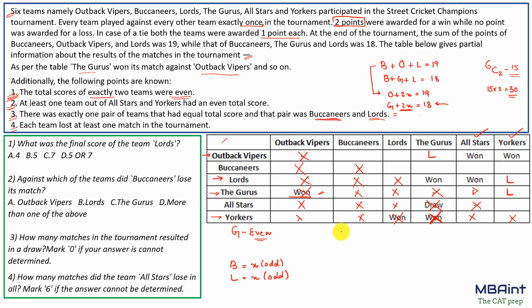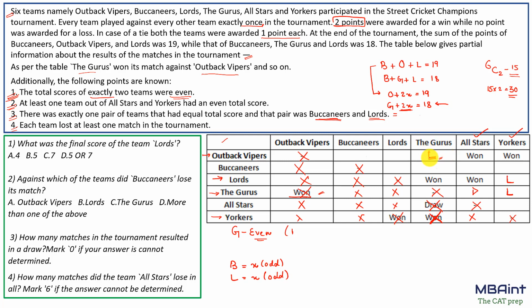Now how to start? Let's see for which of these three teams we have more information. If we look into G, Gurus, I have 2, and again I have 2 further, so 1 is remaining for Gurus. Okay, fine. Now I know that Gurus is even. Let's try to sum the score of Gurus. So loss is 0 score, draw is 1 score, so 1. Now if I look into this L over here for Gurus, it will give a score of 2, because